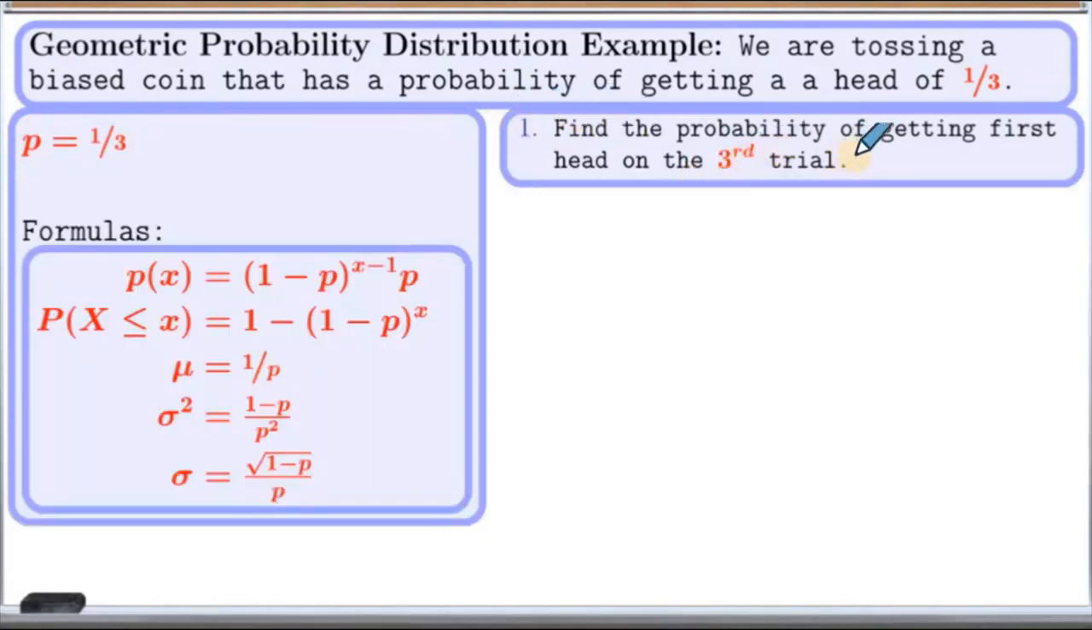Here we are supposed to find the probability of getting first head on the third trial. So here our p is 1 over 3 and x is 3. Now we can use this formula. So here we know our p and our x. All we need to do is substitute these numbers into this formula here. So we get